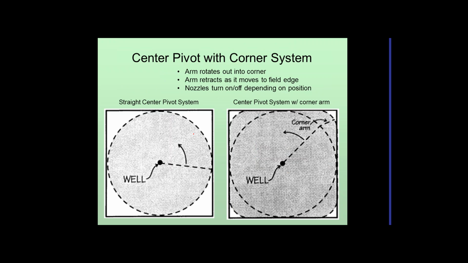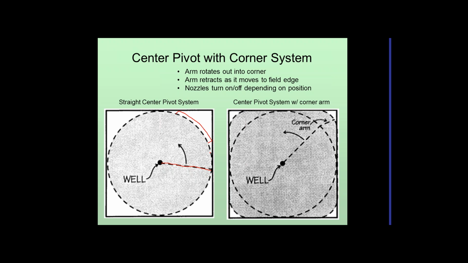So then there's two different kinds of center pivots, and we'll talk about corner systems. So the left picture here is a straight system. So we've got a straight system that runs around. Occasionally, if the end gun comes on, it might cover a little more ground here in the corners, but typically it's just going to go around, and we'll get about 130 acres out of that